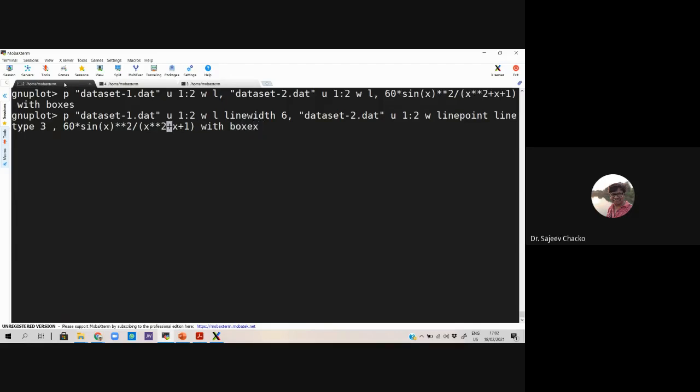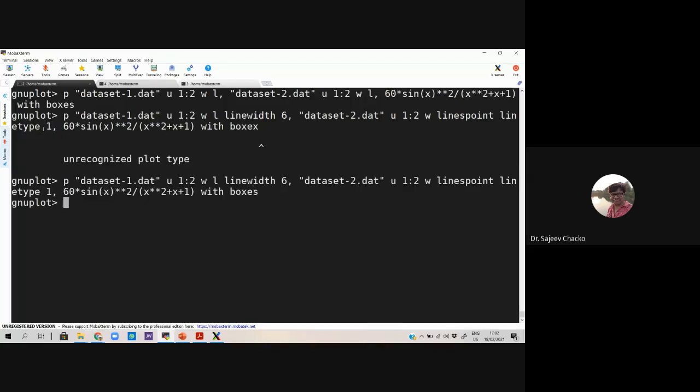What I have done is I'm doing a multi-function plot with lines points. So the first stage I did was with lines, with line width set to 6. Then here, instead of with lines, I have said lines points, and then line type is 3. Something else, not 3. Let me take 1. Okay, boxes, and then let us see what this is.